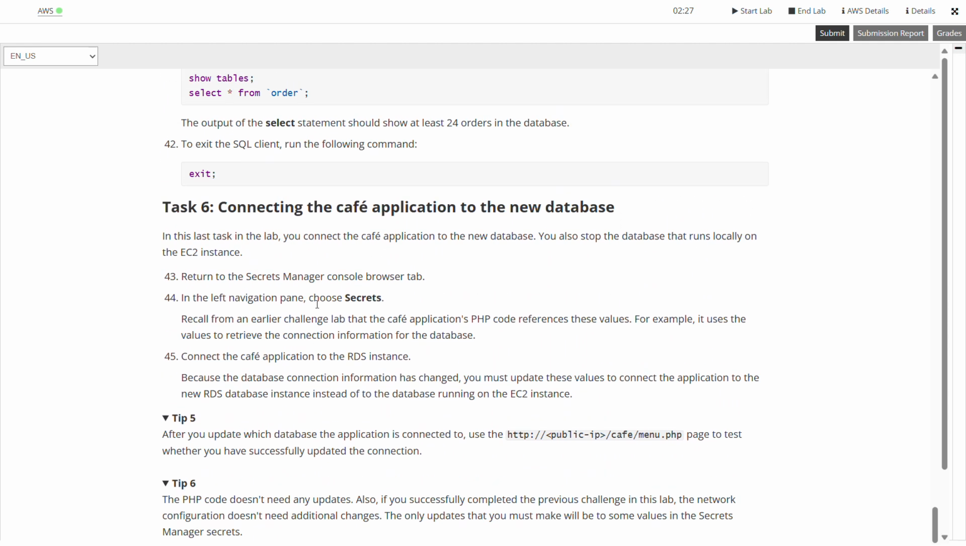Okay, now we get to connect the application to the new database. We get to connect the application to the new database. So we'll go back to secrets and